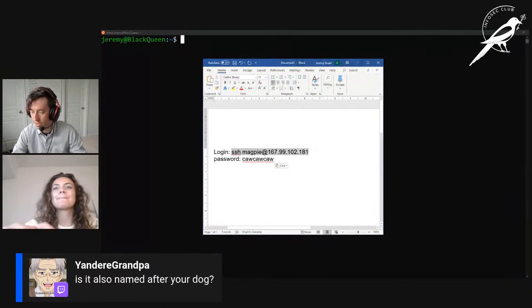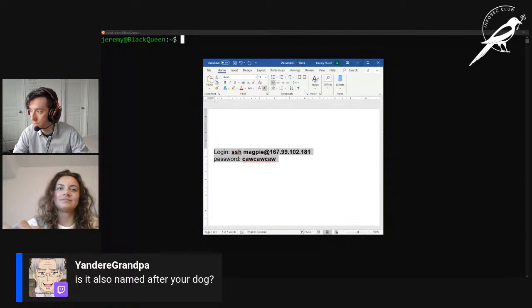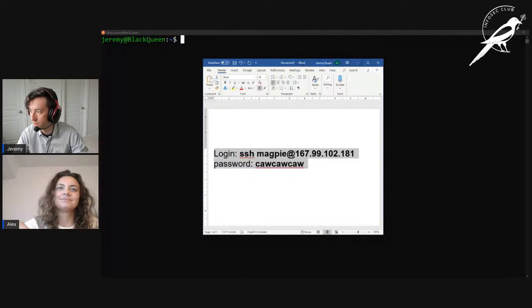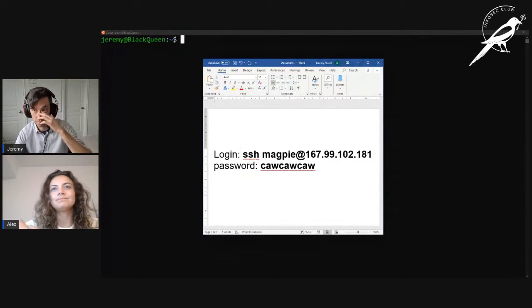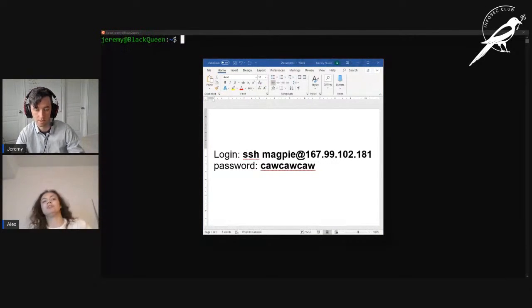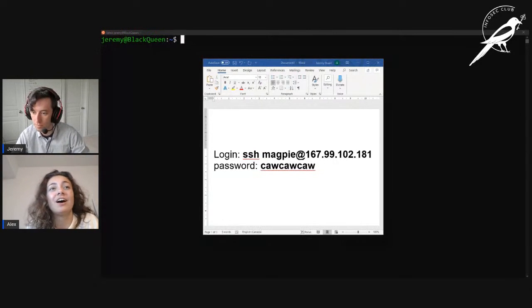So this is the command you're going to run to log in if you're not familiar, and the password for that account is this. I'll give everyone just about a minute to do that, so they can get logged in. If you're on a Windows machine and SSH is not working on your regular terminal for whatever reason, you can open up PowerShell. If you search PowerShell, it's a different terminal that works a little better with Linux commands, and it should have SSH in it.